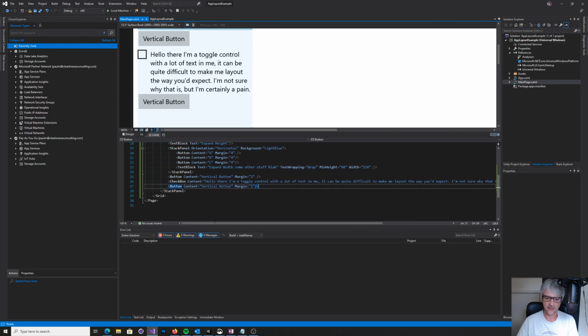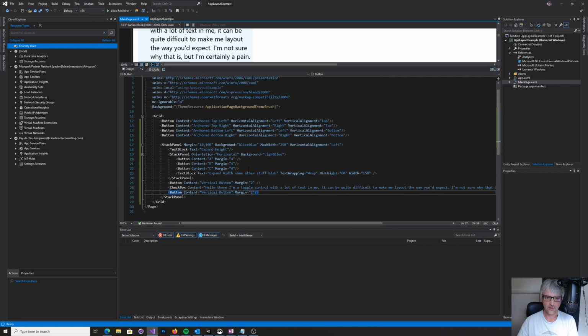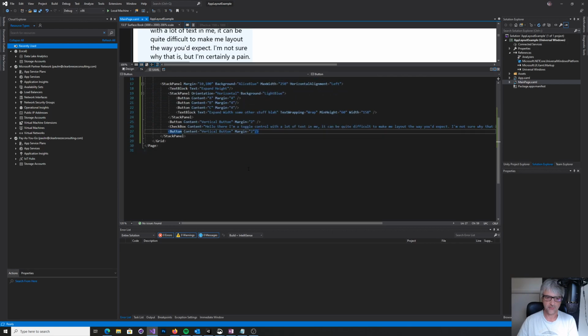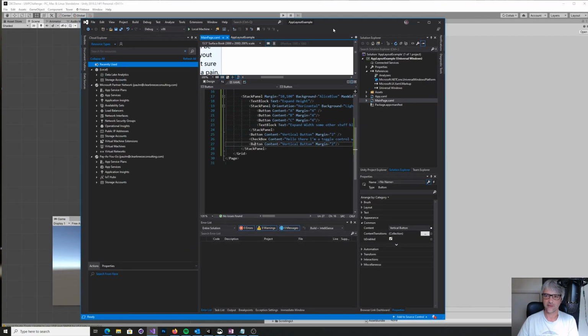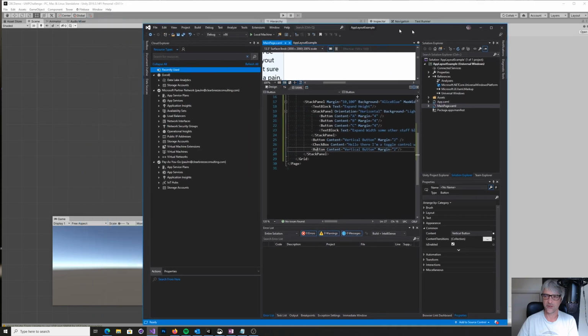So let's come in here, move the designer out of the way. Okay, so basically the important bit here is in UWP you've got a concept of a vertical stack panel, and then we've got a text block, and then we've got a horizontal stack panel, and in the horizontal stack panel we've got a few buttons and some text, and after it we've got a button, a toggle box, and another button. So let's see how we're going to go about recreating that. So I'll just move it off the screen